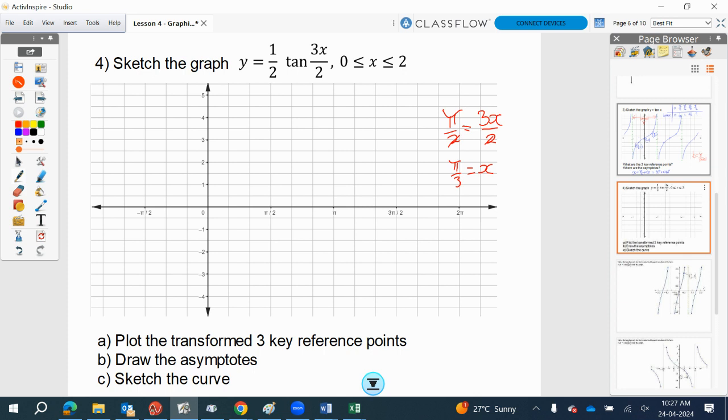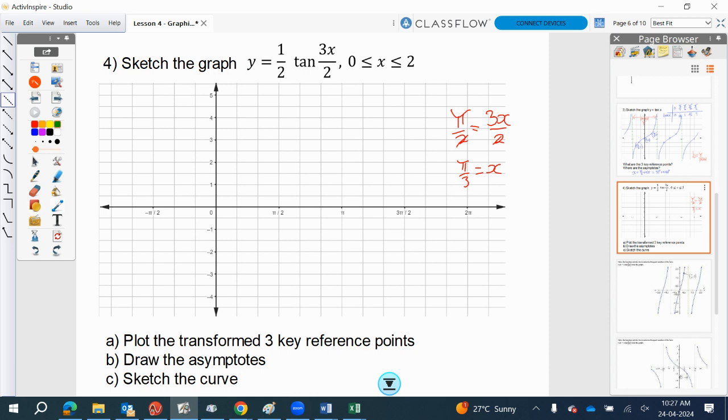So our first asymptote is going to be at pi over 3. So we've got, what have we got here? We've got 1, 2, 3, 4, 5, 6. My scale is 6, so these are pi over 6. So 2 of these is pi over 3. So there's my vertical